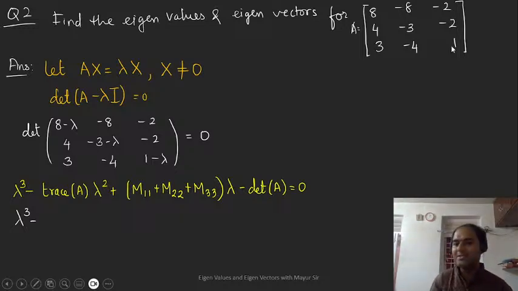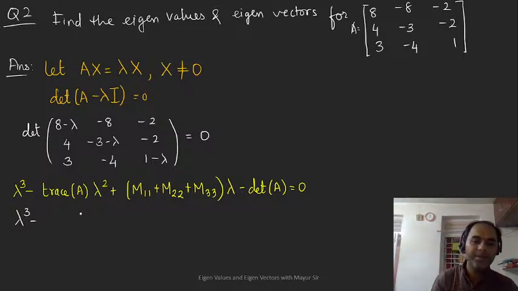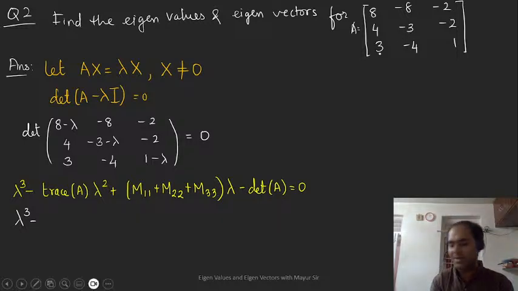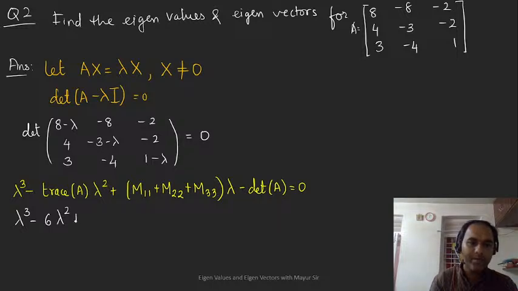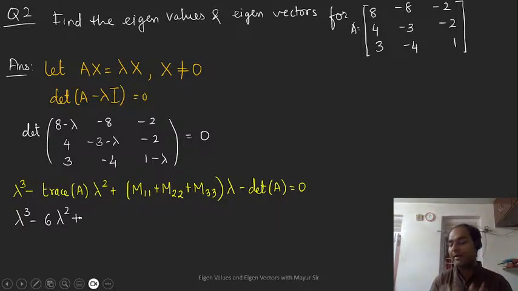What is the trace? The trace is the total of the diagonal elements. So the trace is going to be over here. The trace, I'll help you out. 8 plus 1 is 9, 9 minus 3 is 6. Alright, we got an answer, it is 6, so lambda square. Now we have m11,